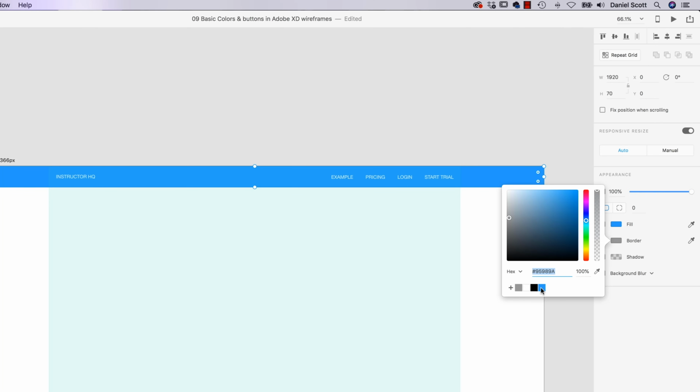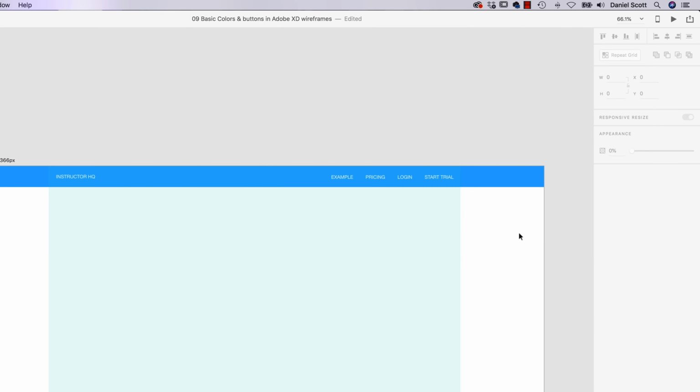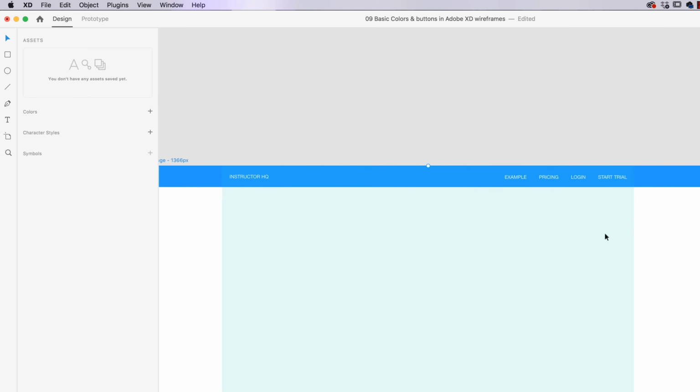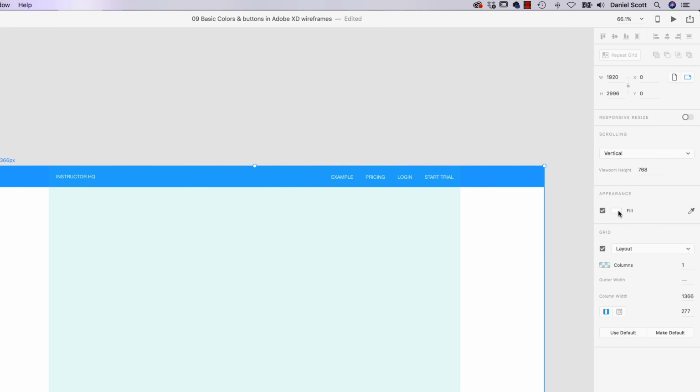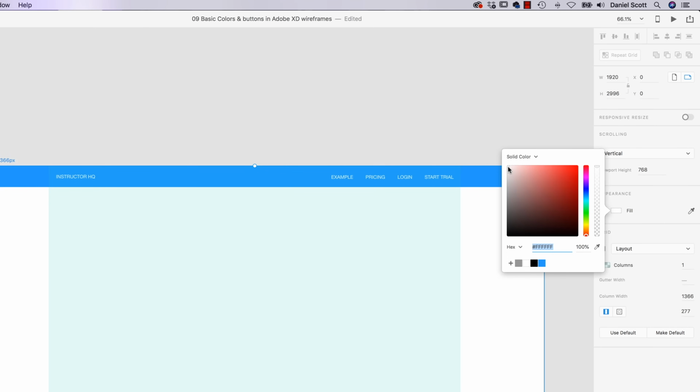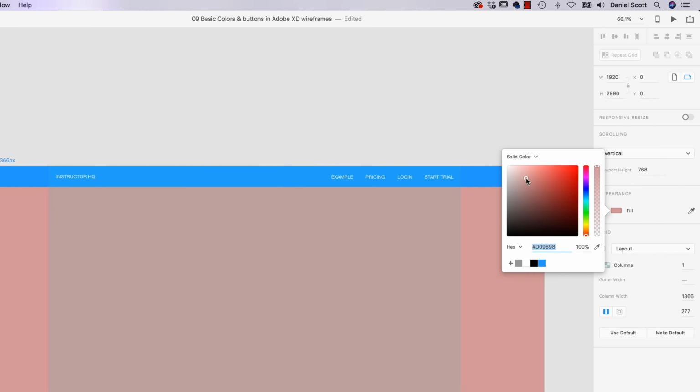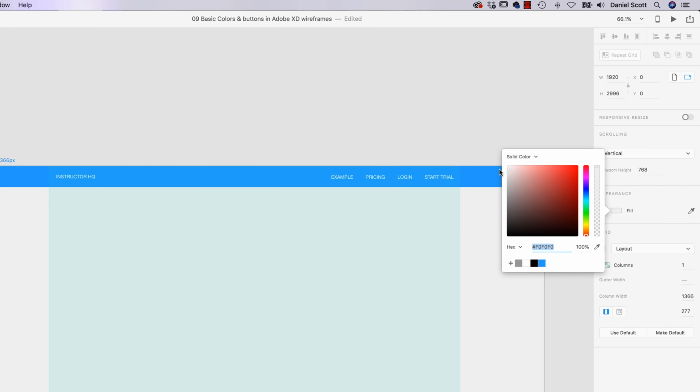So I've got all these colors. There's just one more color I want to add. What I'm going to do is click on the background. So let's double click the edge, or click the name over here, to get the whole artboard selected. At the moment it's filled with white, and I'm going to fill it with a slightly off-white color. You can see here, I don't want it to be this color, but I want it to be just down off here. It's going to mean there's a nice contrast when we draw our little white boxes over the top of it. That makes no sense to you at the moment, okay, because we haven't drawn them, but